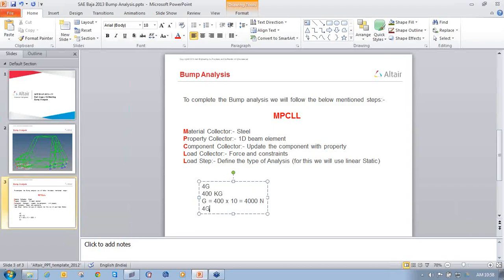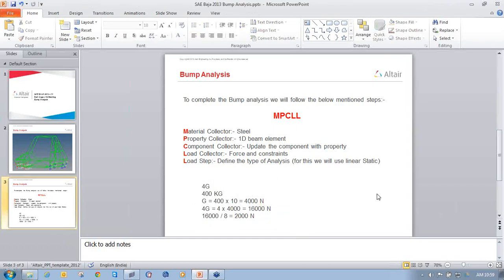And if I want to calculate 4G, that means 4 multiplied by 4000 is equal to 16,000 Newton. As I am going to apply this force at 8 suspension pickup points, I will divide this 16,000 by 8, which will give us the value of 2000 Newton on each suspension pickup point. So a total of 4G force I am going to apply for the bump analysis.